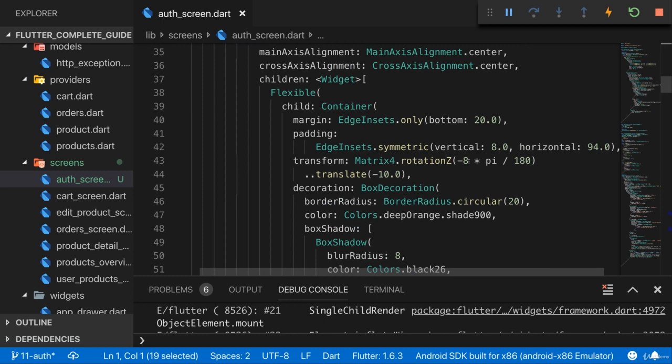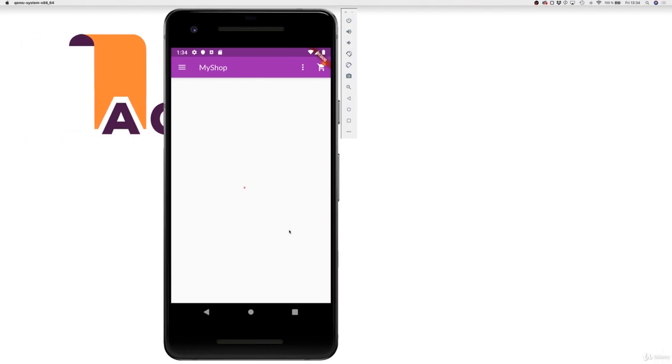And I use pi here to calculate a rotation, basically a slight angle by which I want to rotate this. Rotation Z means that I rotate along the Z axis. If we have a look at our device, then we have three axes there. The X axis is left to right, Y axis top to bottom, and the Z axis is basically into the device. So if you're holding the phone in your hand, the Z axis would be from your eyes through the device, right? So into the device in three-dimensional space.